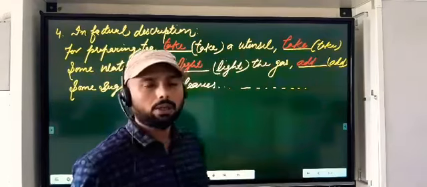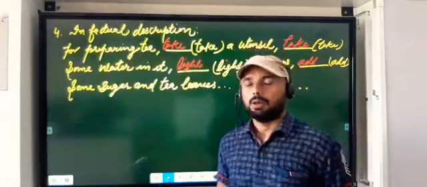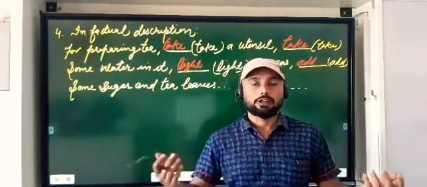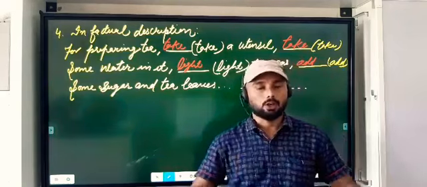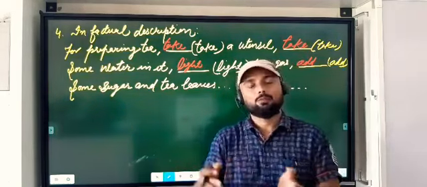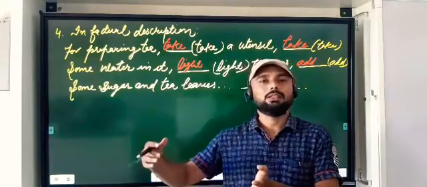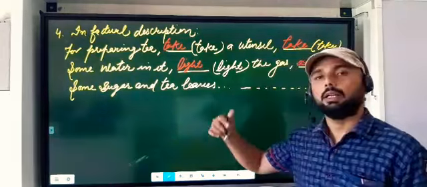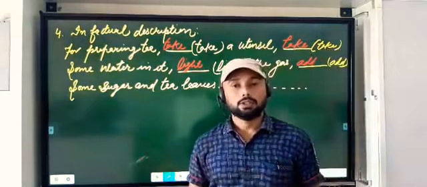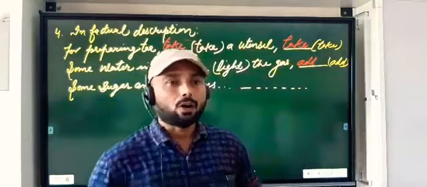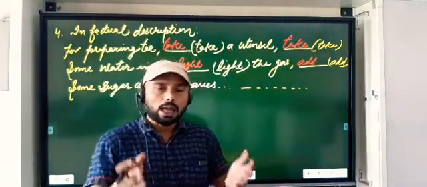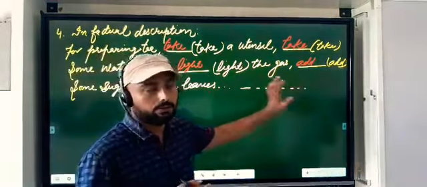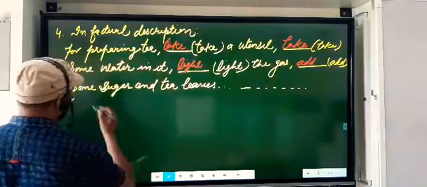So factual description may be about any procedure, about any activity. It may be for driving a car, for riding a bike. If you are training somebody how to ride a bike, you have to tell him step by step everything. So all the steps described to that person are to be described in present indefinite tense. Similarly in a car or any other activity, you are teaching somebody how to operate a computer. So any procedure of doing some action is described in present indefinite tense. Okay? नेक्स्ट 5th यूज़ देखिए इसका,